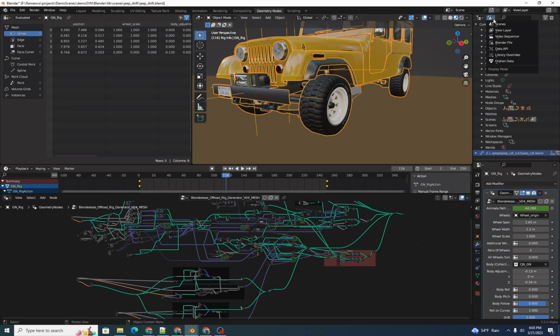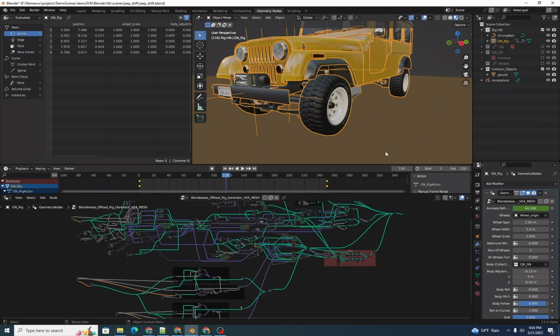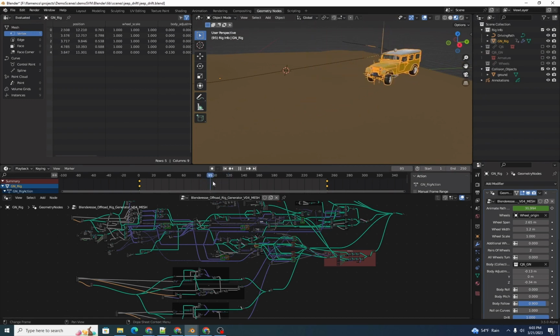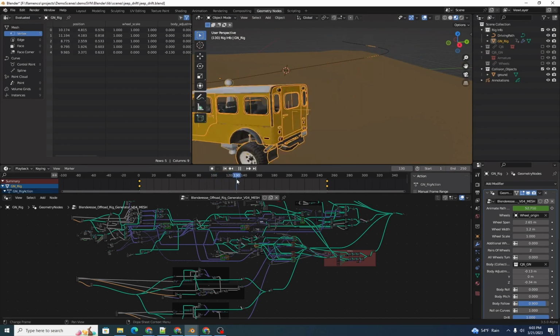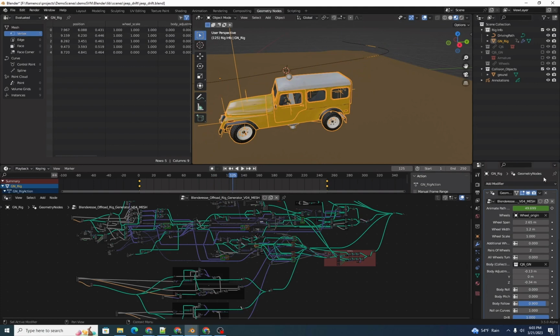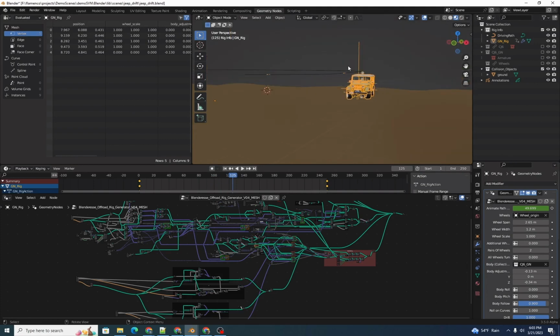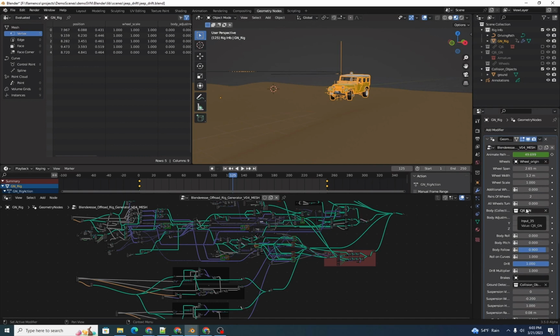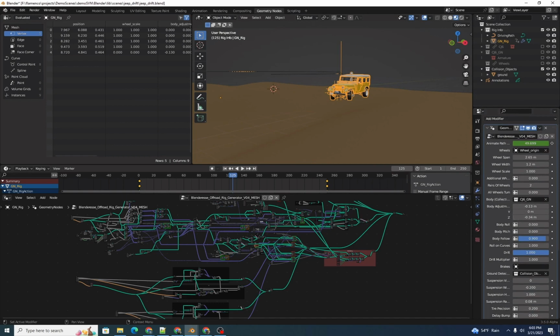All right, let's change the outliner view back to view layer, and we can see that the wheels are now going the right direction. Our Jeep is going around the corner, and it's doing some kind of extreme things there. So let's fix some animation aspects of it. We're making sure that our driving path is a little bit higher than the terrain we're on. And back in our Geometry Nodes object in our Modifiers tab, you can keyframe points along the path to adjust